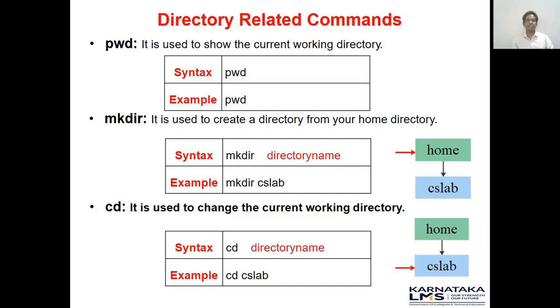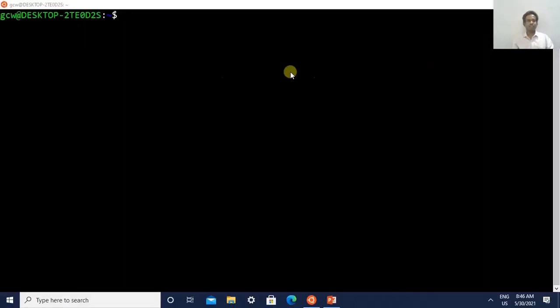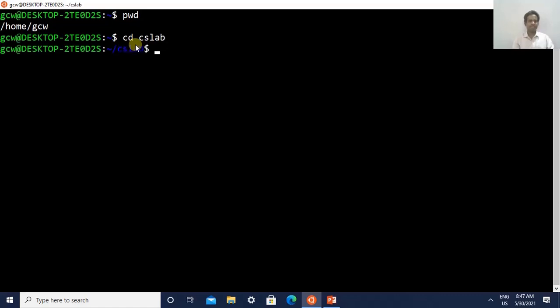Let us check this command on the terminal. First, check the present working directory using the command pwd. Now present working directory is gcw. If you like to change present working directory gcw to cslab, use the command cd cslab and press enter.